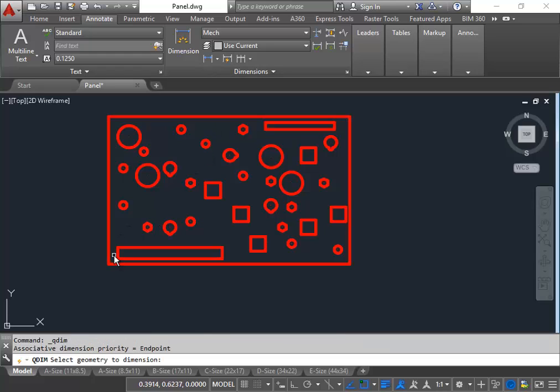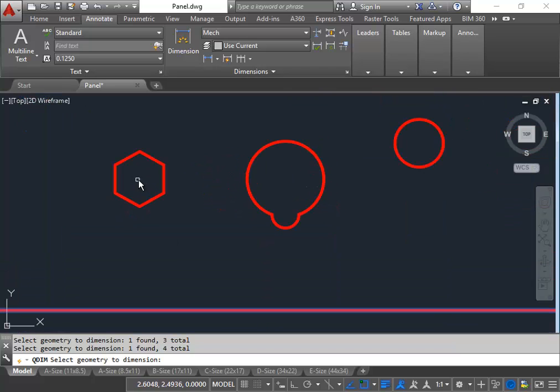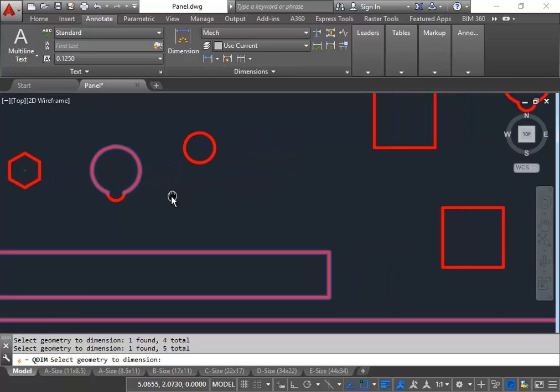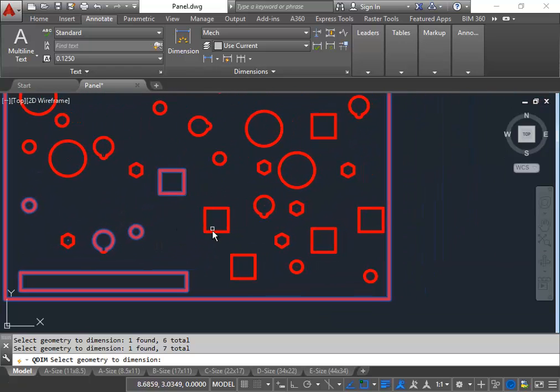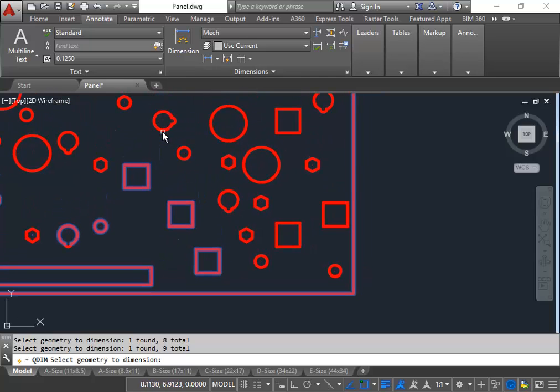From here, what we have to do is select all the objects that represent our x-axis. So we begin with the actual box itself and just work our way down the line. So this rectangle here, next is the circle, our hexagon shape, and what we're going to do is click the dot in the middle for the hexagon. This circle here, the smaller one, square, all three of them actually, the shape above,